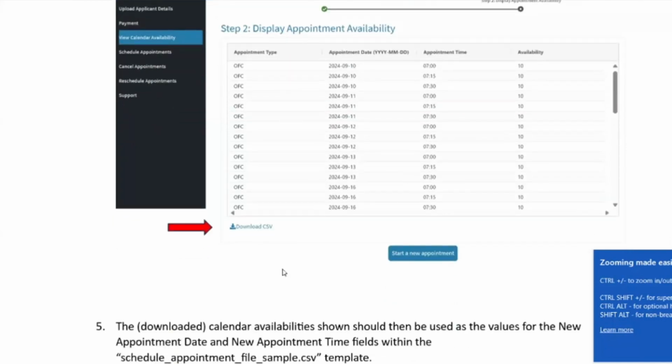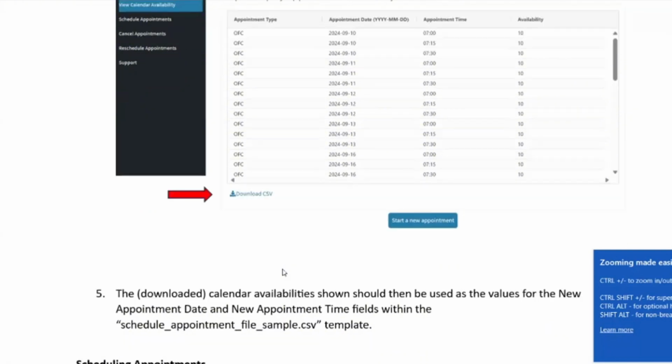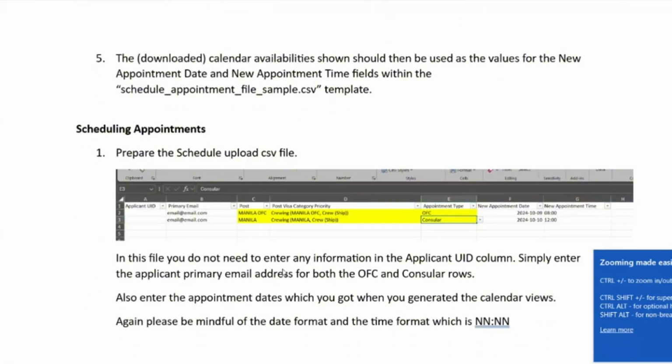Now, once you've chosen the dates on when to schedule your applicants, you can now prepare the second CSV file, which is the schedule upload file. Now, the schedule upload file is much simpler to accomplish than the first file because